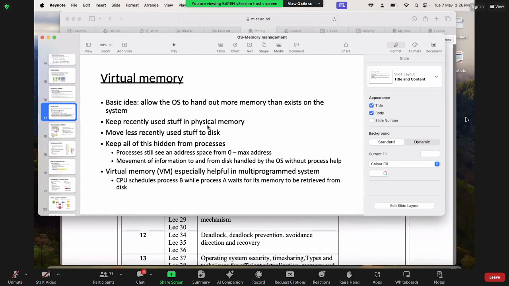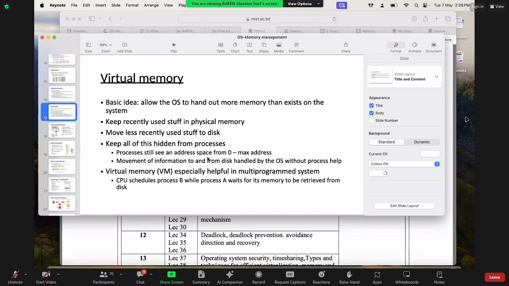Same thing here: recently used things will be in the physical memory, and very rarely used ones will be on the disk. As and when we require, we perform the swapping operation and get those things into our physical memory.